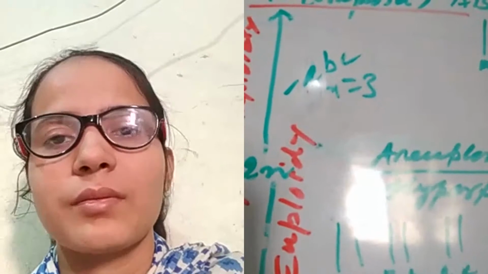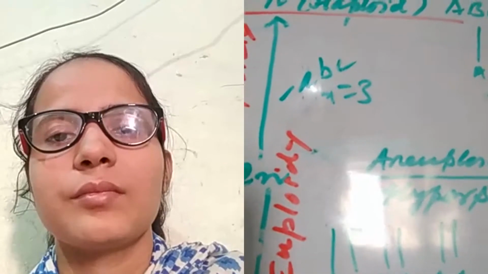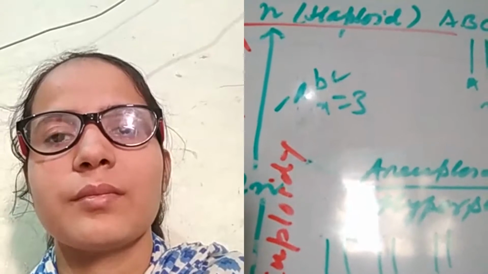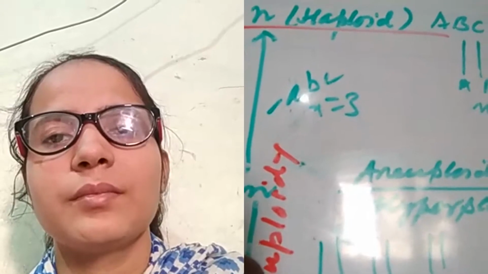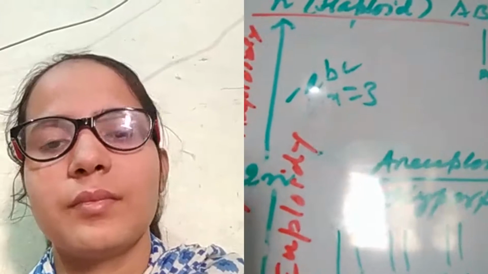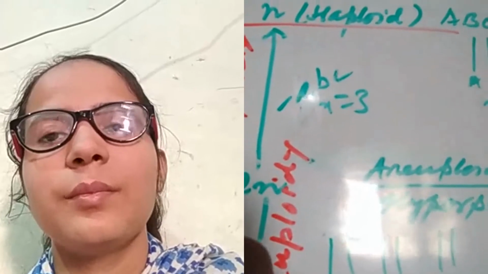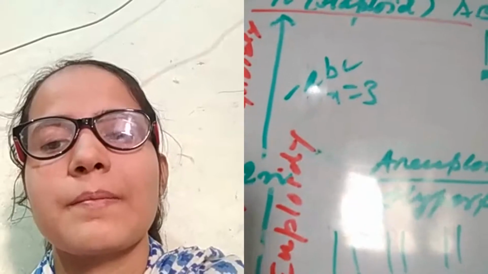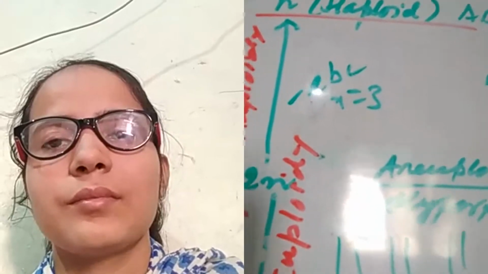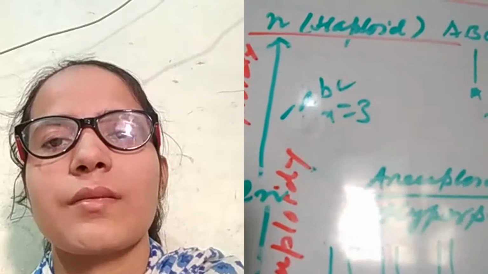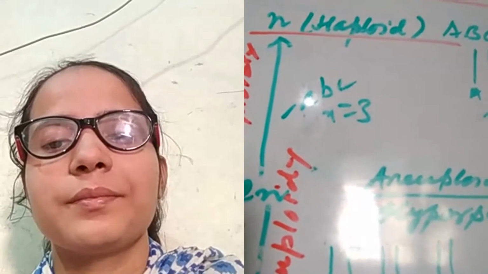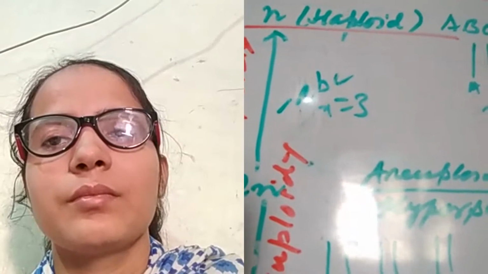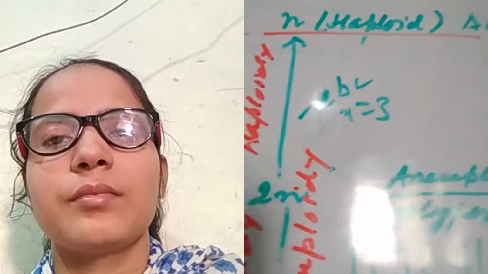A complete set: capital A, capital B, capital C coming from the maternal side, and capital A, capital B, capital C from the paternal side. Now if another set, represented here by capital A dash, capital B dash, capital C dash, and these three chromosomes constitute one set,